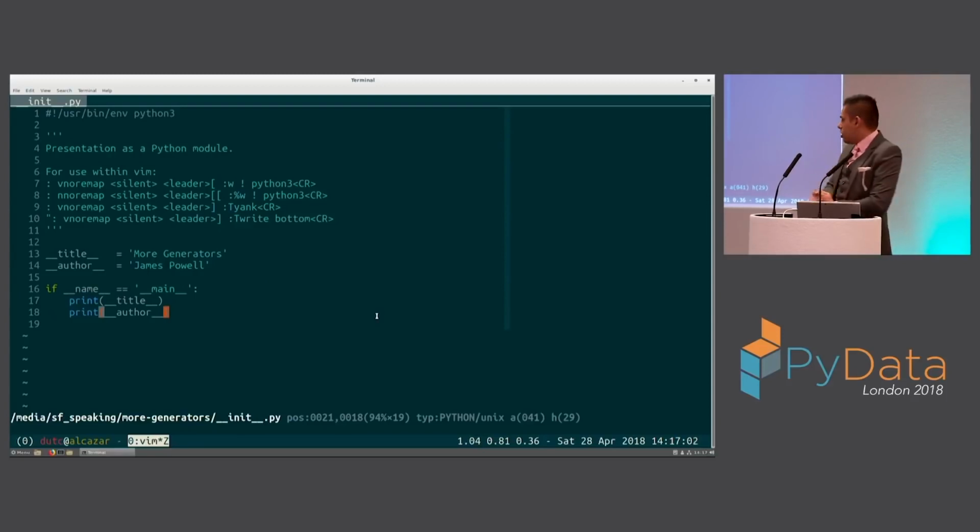The title of this talk is More Generators. And I think one of the very first talks I ever gave at a PyData event was about generators. In fact, the very first PyData London that I ever attended in 2013, boy, that's going back a long way, I gave a keynote because the other guy canceled, and so I had the whole audience to myself. And so let's see what we can do now 5 years on with generators.